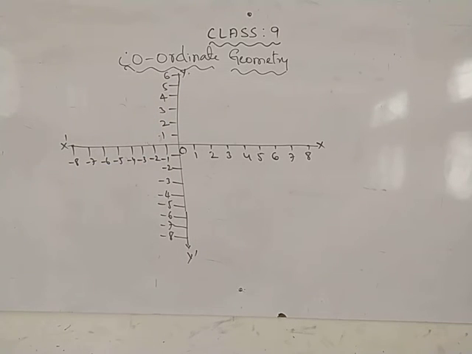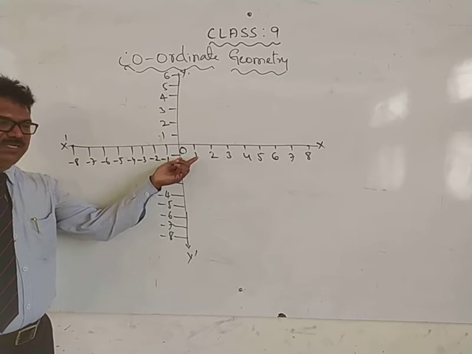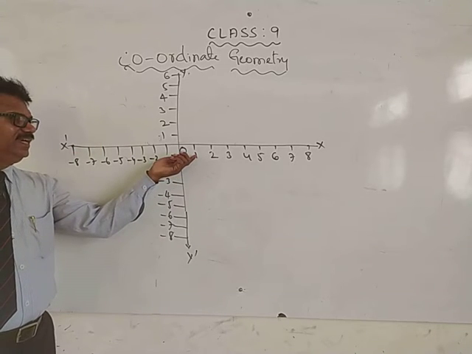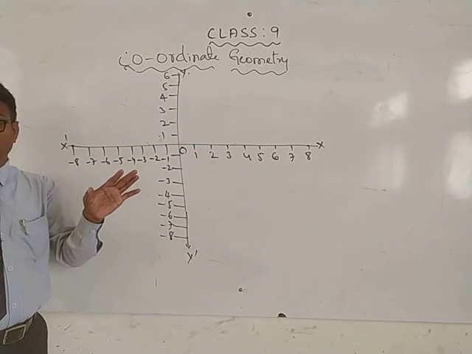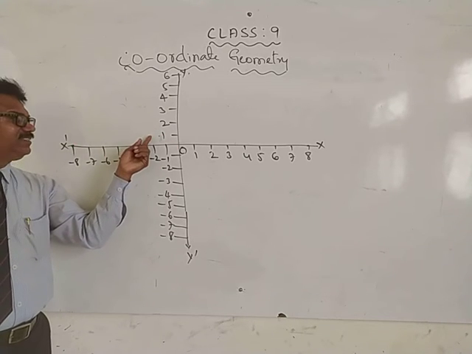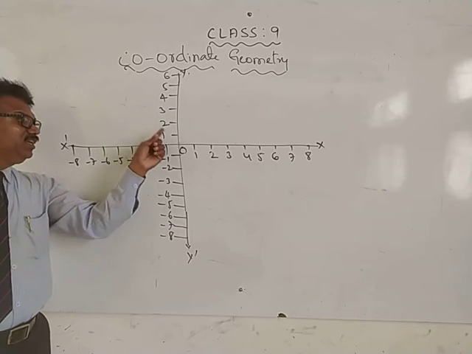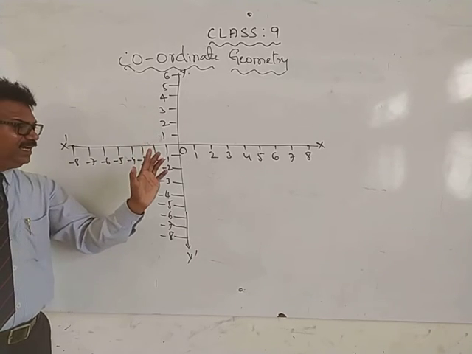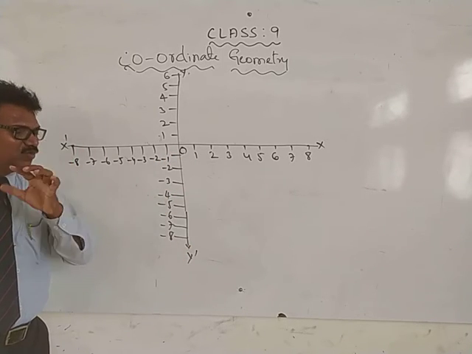And one more important concept is, if you are taking one unit, every unit will be one only. Some students will write here 1, next one will be 4, next one will be 5, next one will be 10, like that. No. Whatever number you are writing, next one will be its multiple. For example, 1 1 ja 1, 1 2 ja 2, 1 3 ja 3. If you are starting from 2, 2 1 ja 2, 2 2 ja 4, 2 3 ja 6, like that. Did you understand? So all units must be same units. One you are taking 4, one you are taking 5. No, it should not be like that.